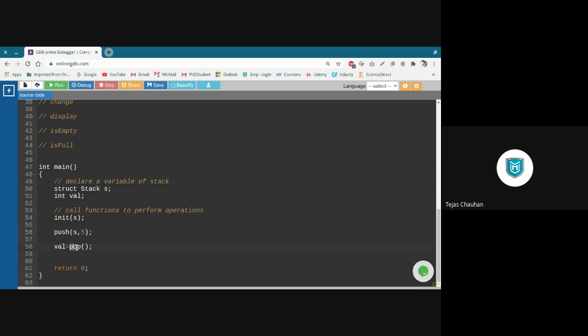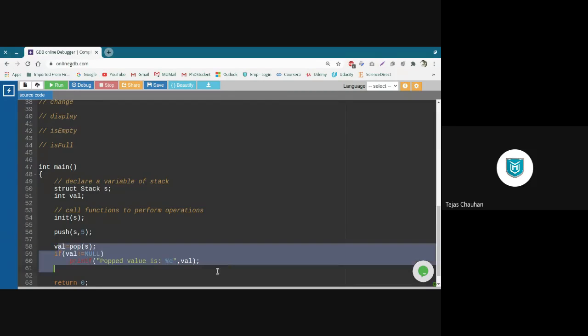When I call this pop function, I need to pass my stack variable also. So this is how I'm going to receive that value. And then what I can do is check if this value is not equal to null, then I can print that value on the output screen, along with a message, once we have that value back.